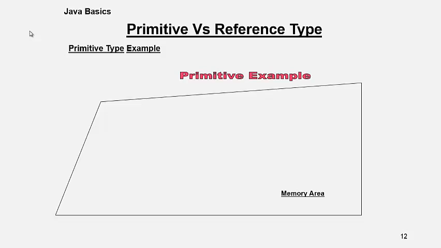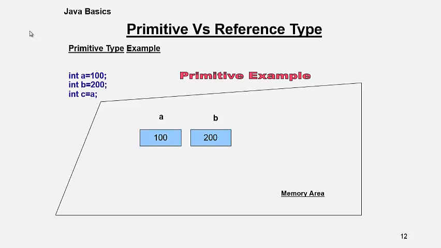Primitive versus reference type. This is a very good example. int a = 100, int b = 200, int c = a. This is 100. That is why we say that primitives represent bits. Like c has the bits representing the actual value 100. It is not like you are accessing something; you just directly get that value by using the c variable. You just access the value directly.